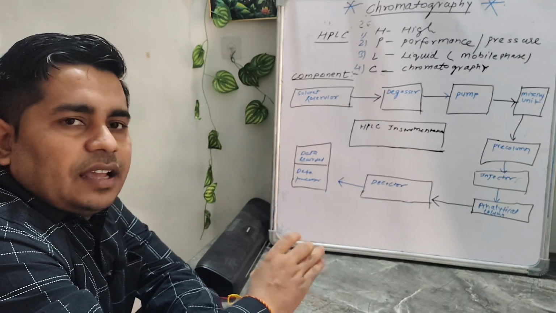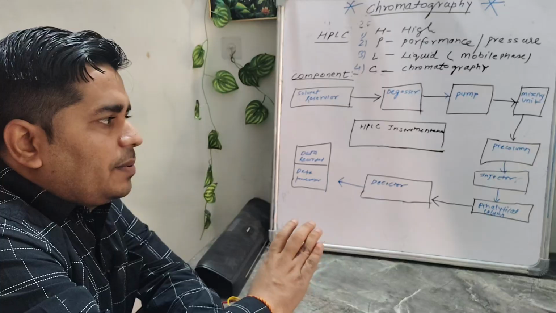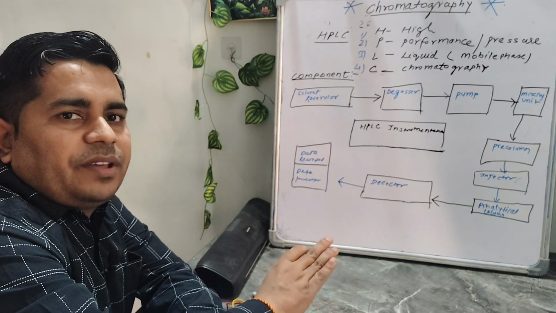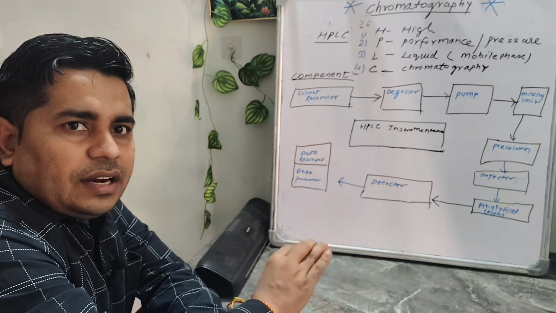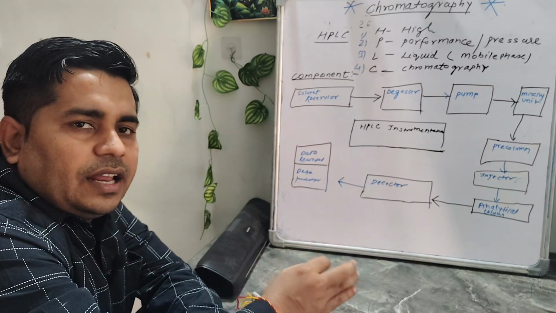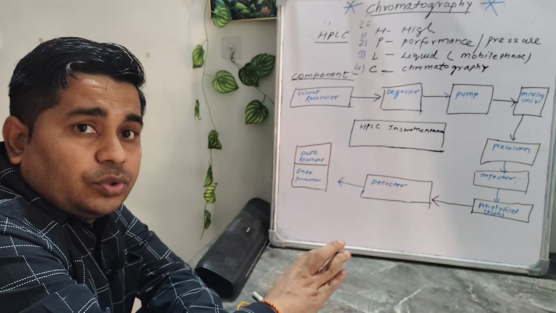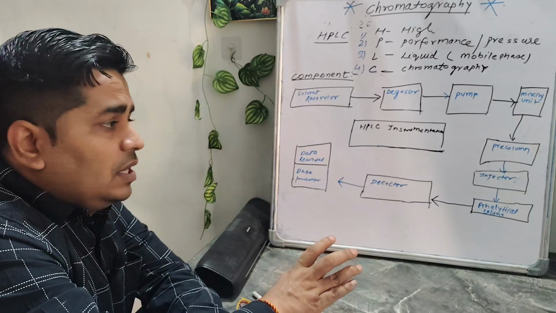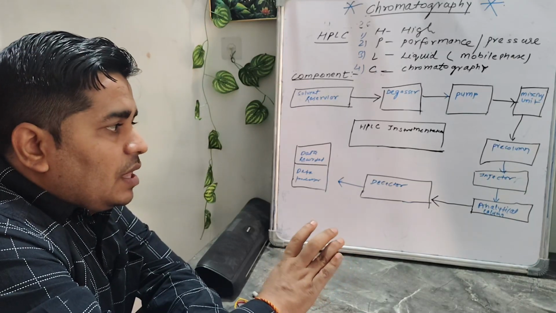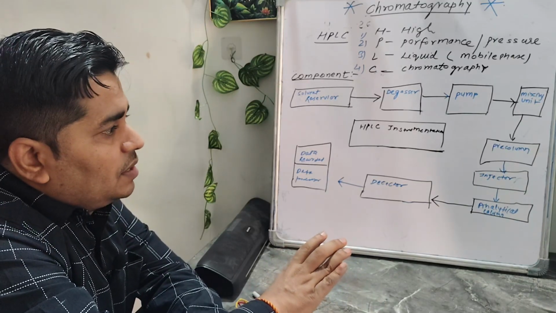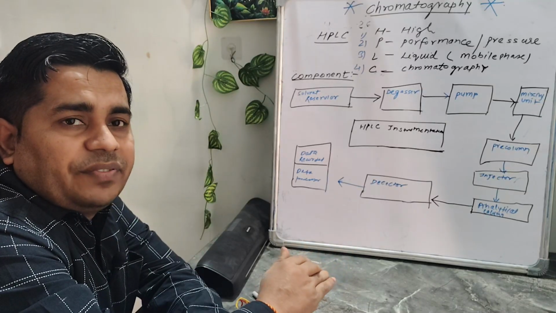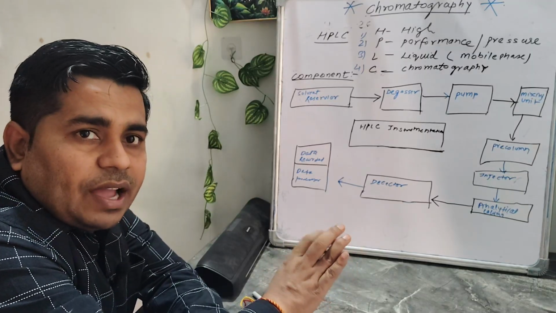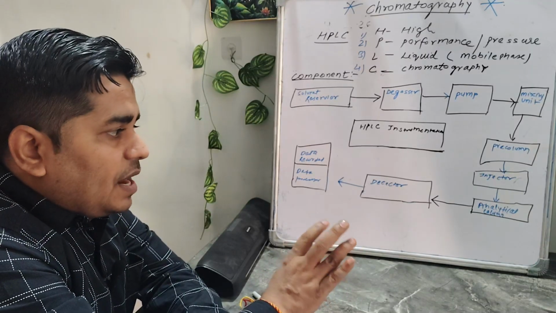Now the injector in every HPLC system, the auto injector facility, is nowadays running in the pharmaceutical industry. Before that, we injected the sample manually. The auto injector is built into every system, like Shimadzu, Waters, Alliance, and LabSolutions. These are the HPLC systems. They also have an in-built auto sampler and injector facility with different loop sizes. Minimum we are going to the analysis from 5 microliter to 500 microliter based on the chromatographic parameters.